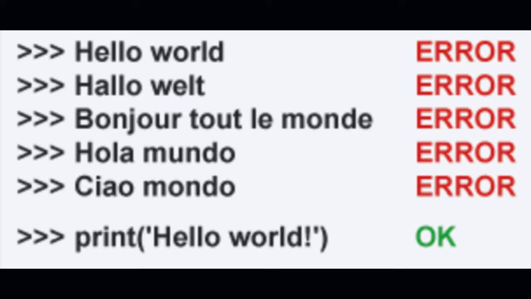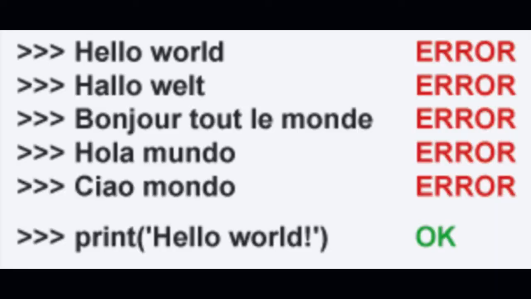Look at here. Imagine you turn on your computer and go to something like Python, which is one of the programming languages, and just type hello world. It's not going to work at all because the computer doesn't understand hello world. Hello world is just an English sentence. And it doesn't matter if you change it to other languages. For example, if you use French and say bonjour tout le monde, it's not going to work at all. As long as you don't follow the language that the computer understands, you're not going to get anything out of this.